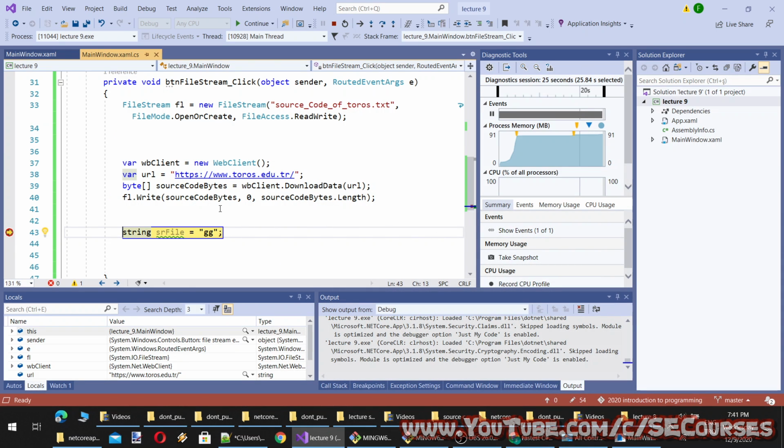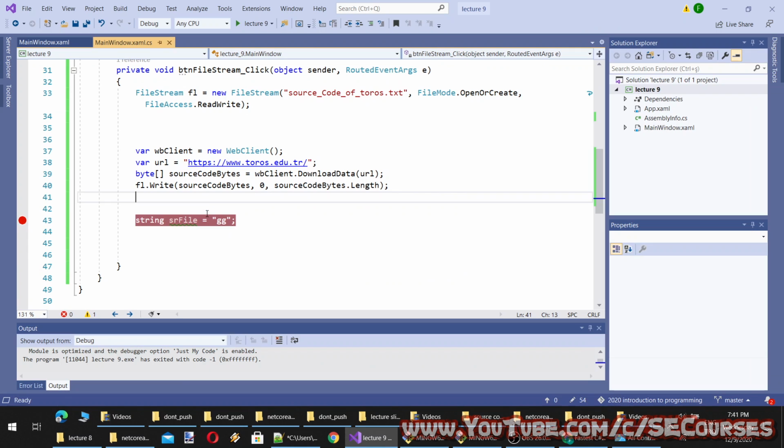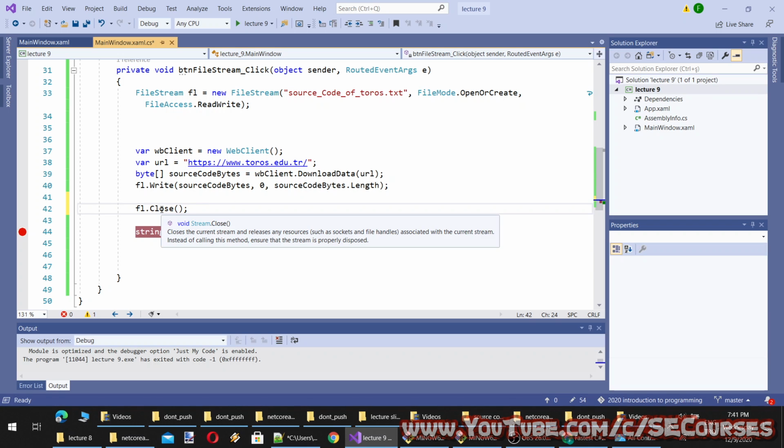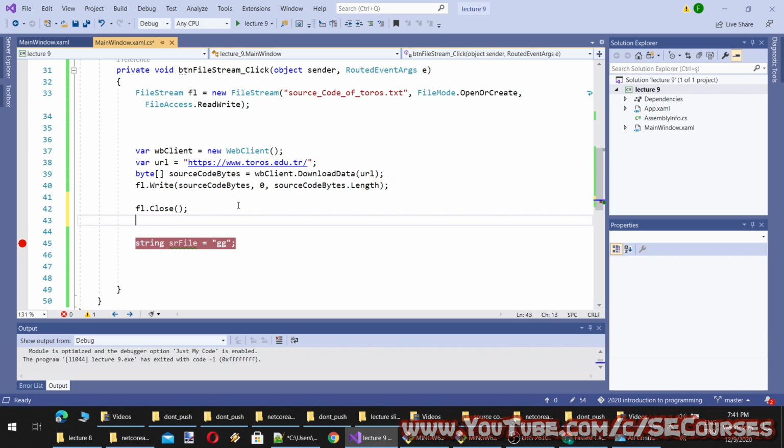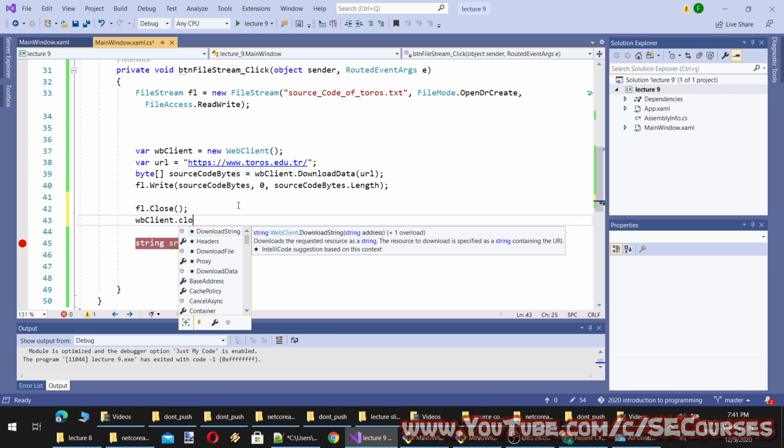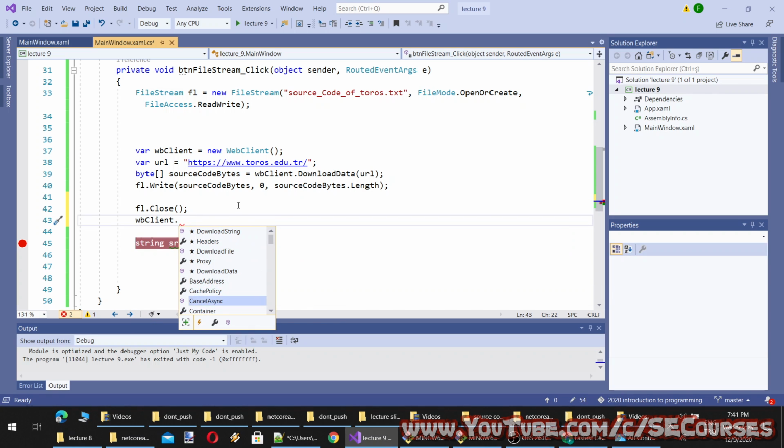So after you are done with both web client and file stream, you have to close it. So I will call the close. The close will also flush the file. There is close or what? There is dispose. Yeah, there is dispose, and I will call the dispose. So the dispose